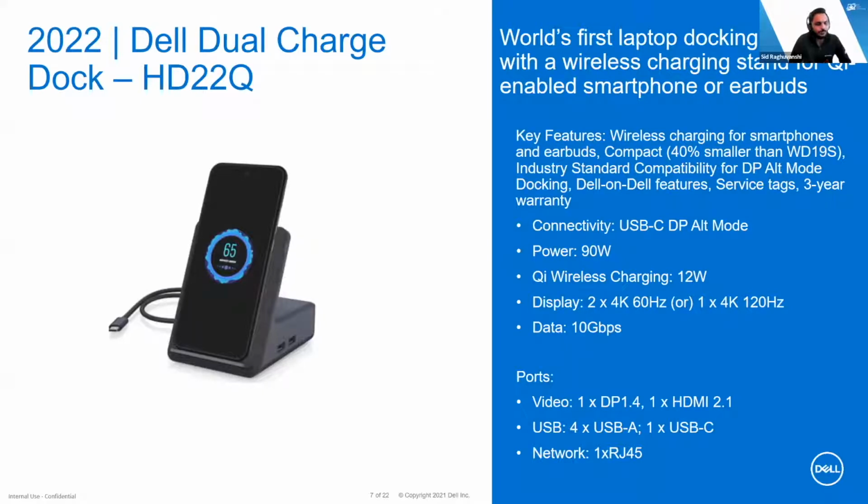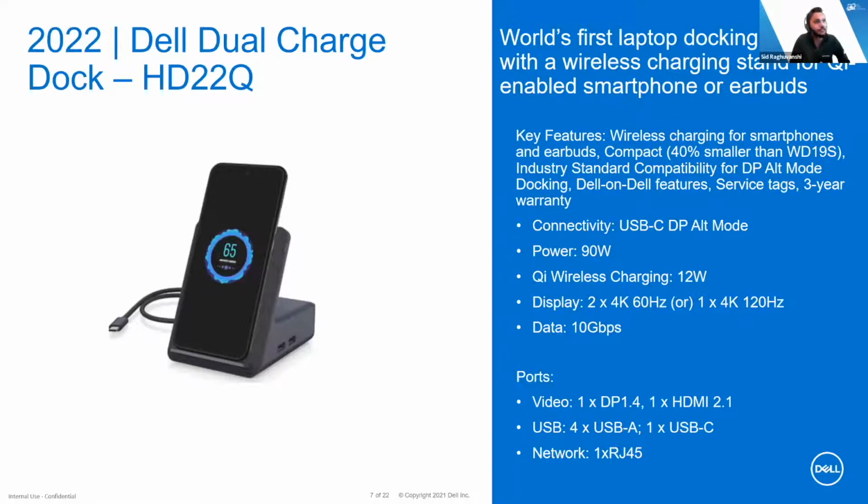And what I mean is, now that you have your phone in an upright stand in front of you while you're working, say you have a notification, you want to read an email or message, or you want to answer a call, you can do that all without having to take your phone off the charging stand on the dock, right? So now it's charging, but you can still leave the phone as is. It's conveniently positioned for you to still use your phone and then go back to your displays that are connected to